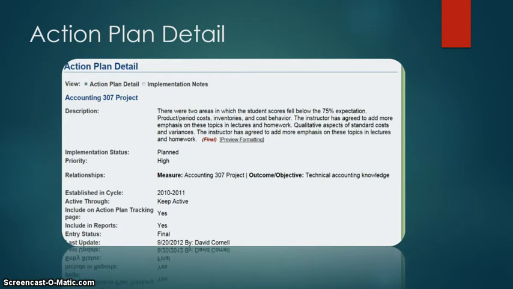It's also important to note that these plans can be kept active as long as necessary to reach the desired expectations. Good action plans have a completion date, preferably within the next academic cycle. At the beginning of each cycle, a new action plan can be